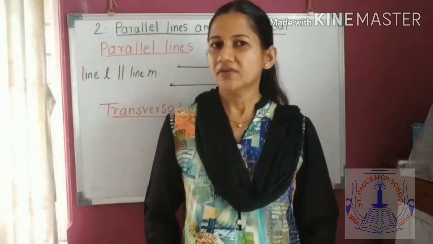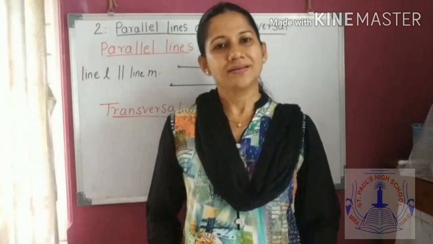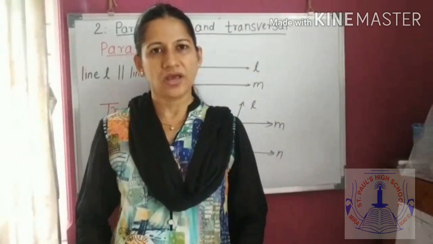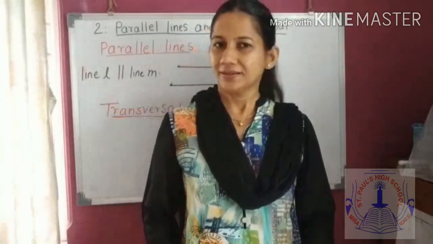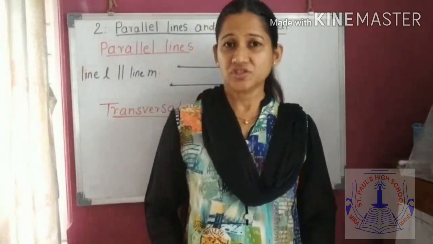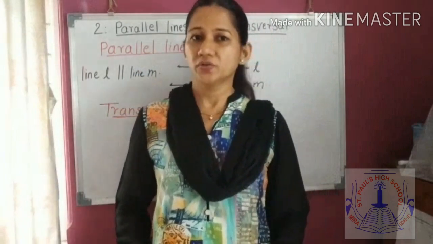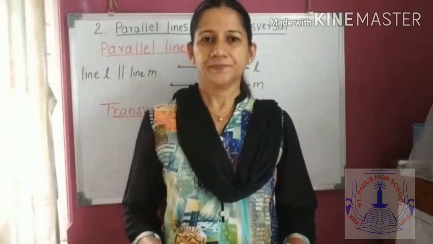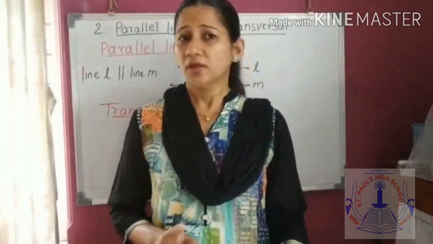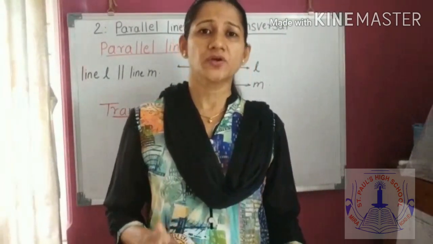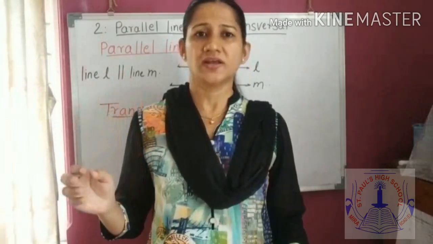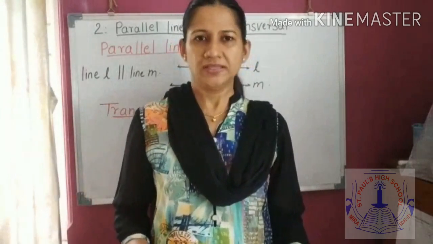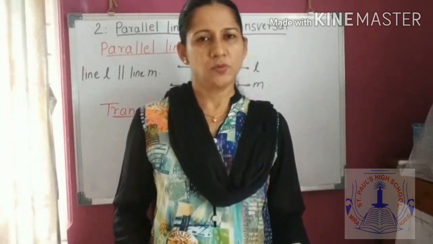Now we'll start with the new topic, that is parallel lines and transversal. In your textbook on page number 7 you have chapter 2, parallel lines and transversal. In this chapter also, what has to be reduced, I'll mention right now, so keep your textbooks open. The portion which is reduced will not be asked in the exam, it is just for your self study. In the future, if you give any competitive exams, it will be very useful. Otherwise for our exams this portion will not be asked.